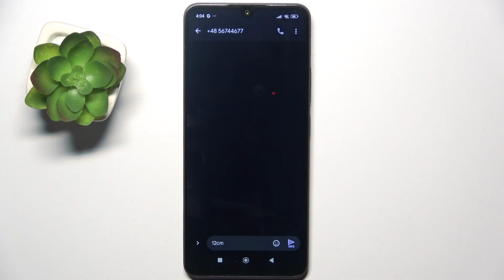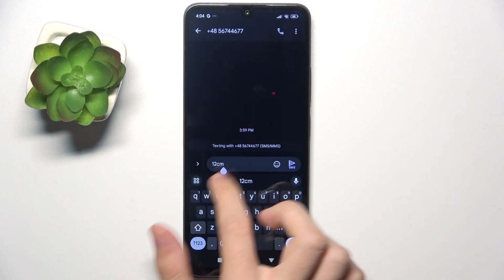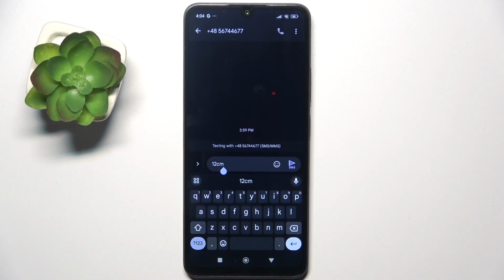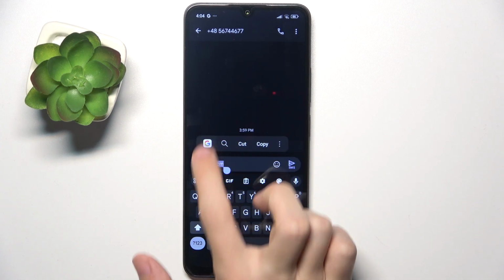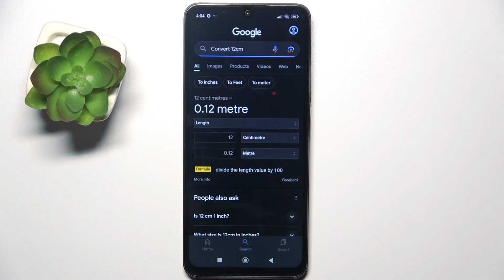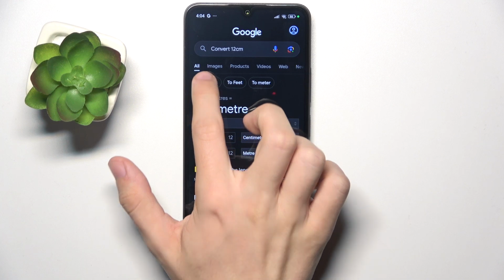Then go to texting and enter some value with a unit, for example 12 centimeters. Then press and hold on it and tap on the Google icon. Then it will convert and you can quickly convert it to inches,